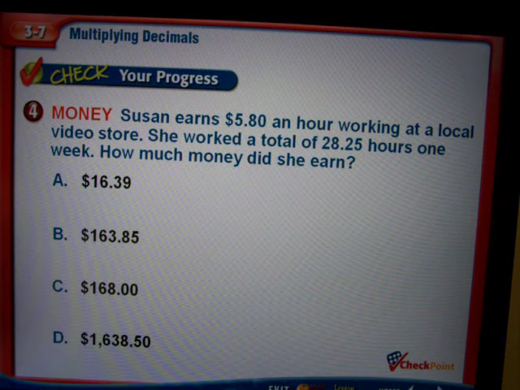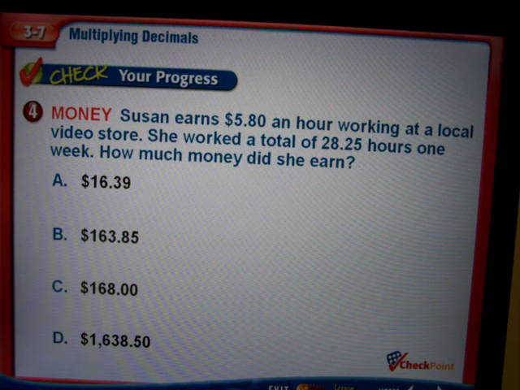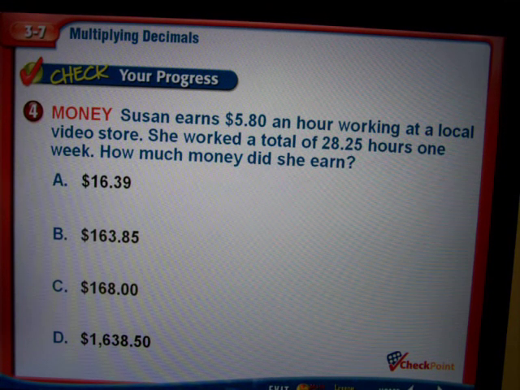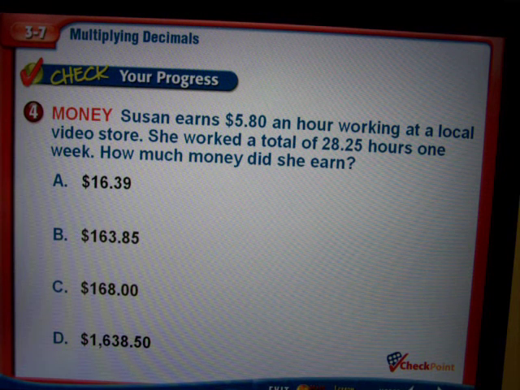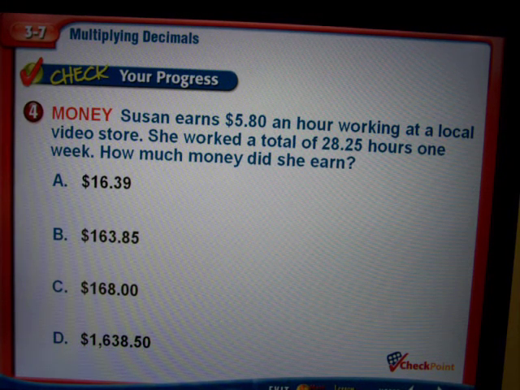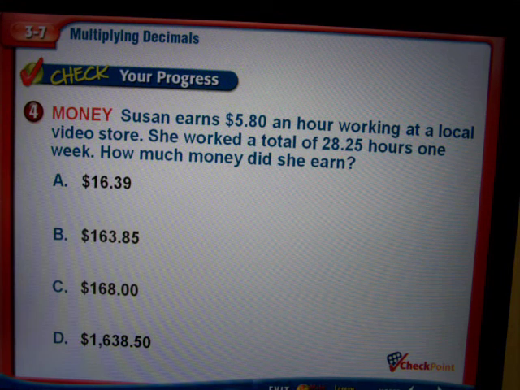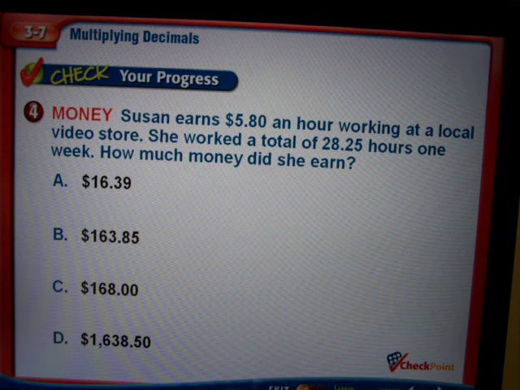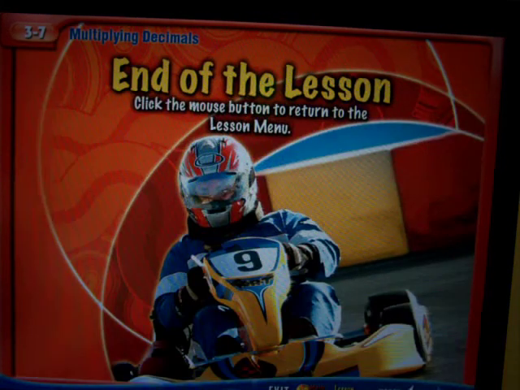So Susan earns $5.80 working at a local video store. She worked a total of 28 and 1/4 hours 1 week. How much money did she earn? Is it A, $16.39, B, $163.85, C, $168, or D, $1,638.50? And your answer is? And that concludes